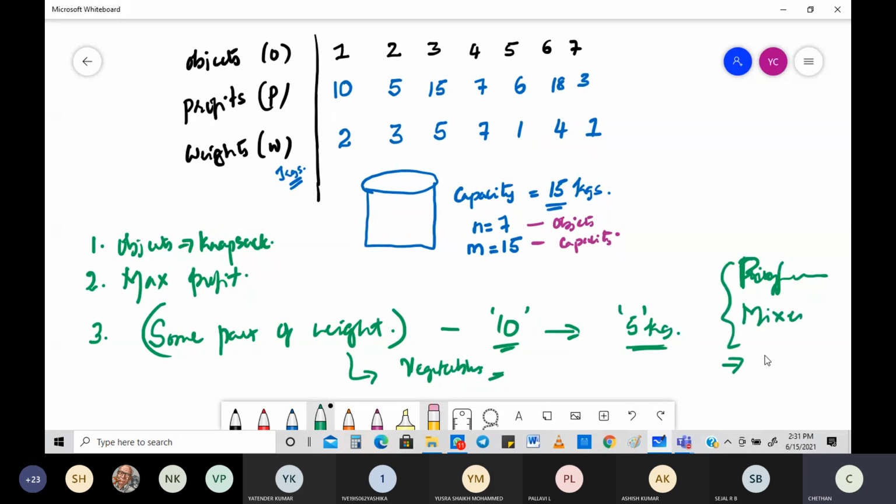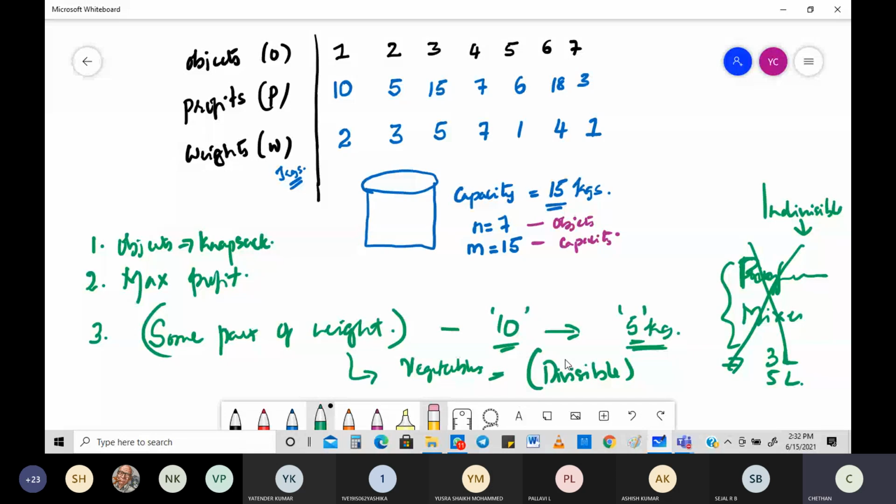And this comes with something called 3 liters, 5 liters, like that. Can you put only a fraction of this, something like what we do here? In vegetables, we put 10 kgs, in 10 kgs we put only 5 kg. When it comes to objects like this, can you put only 1 kg or 1 liter in this? No, this is not possible. 5 means 5, 3 means 3. This is indivisible. This example is very much indivisible. This one I can very clearly write that this is divisible. Okay, this is divisible, this is indivisible.